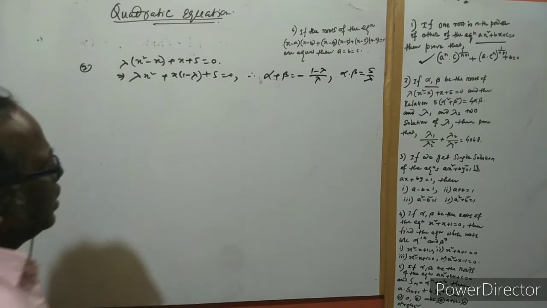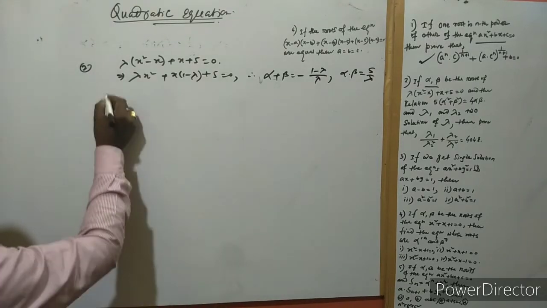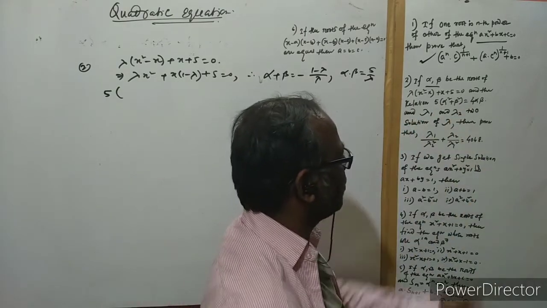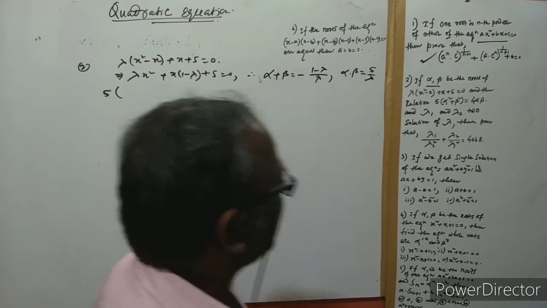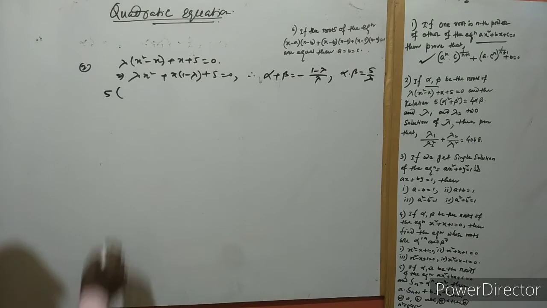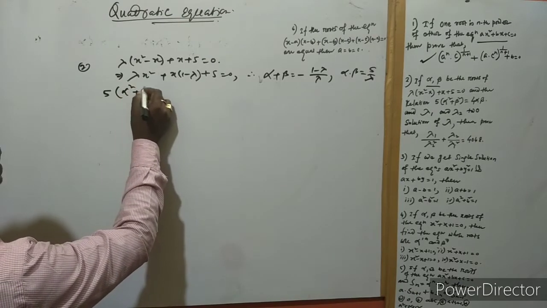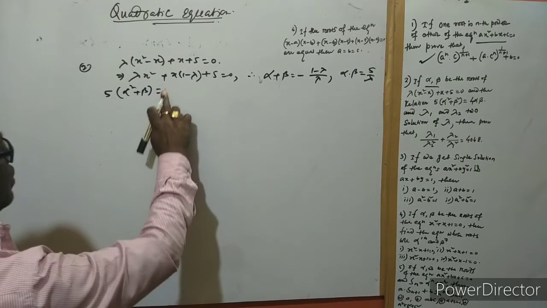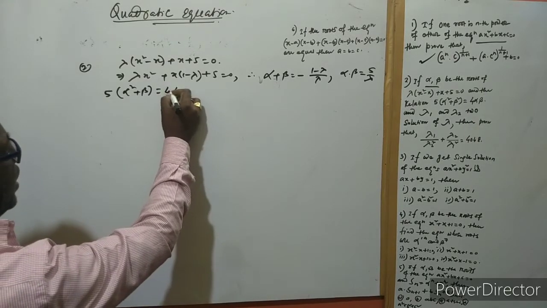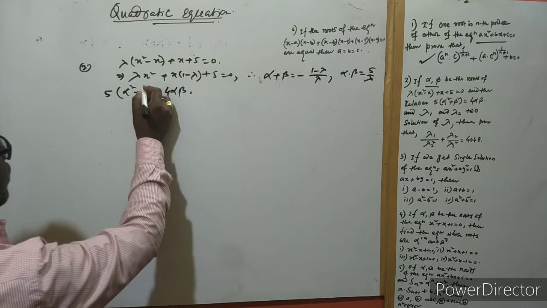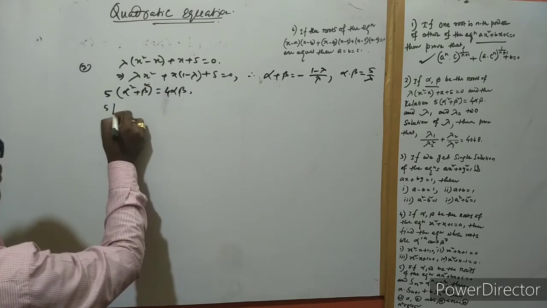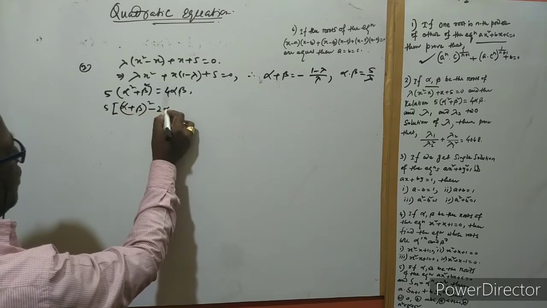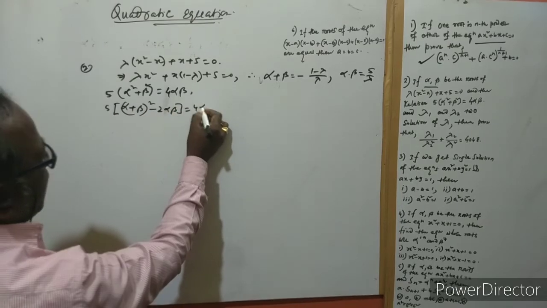Now take another condition which is given in your question, that is 5 times the first bracket, alpha square plus beta square, is equal to 4 alpha beta. Okay, this is the given statement. Apply the same for simplification. Sorry, this is not 5 times of that, this is 4 times alpha beta here. First we have to write alpha square plus beta square in the form of alpha plus beta whole square minus 2 alpha beta, and this is 4 times alpha beta.